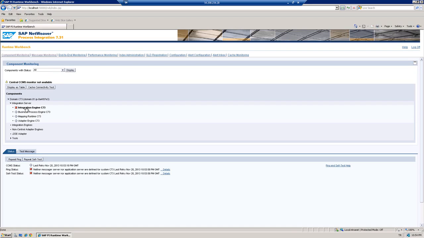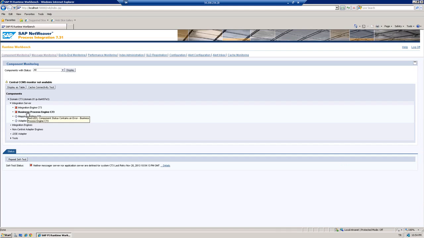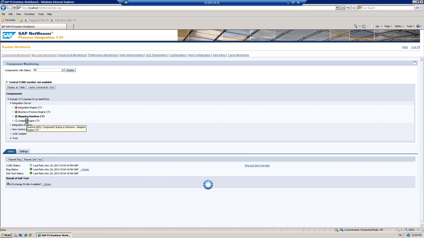It does not contain an integration engine, which will be the future of PI. Also, it doesn't contain a business process engine, but it does contain a mapping runtime and it does contain the adapter engine. So we see that the mapping runtime and the adapter engine are green,